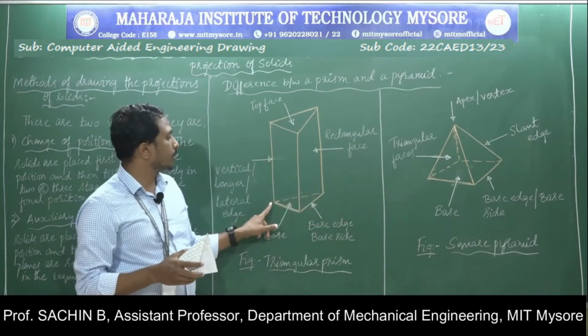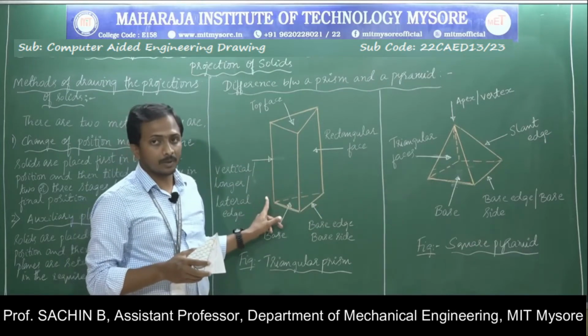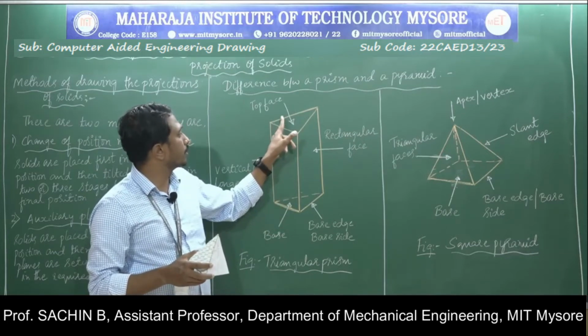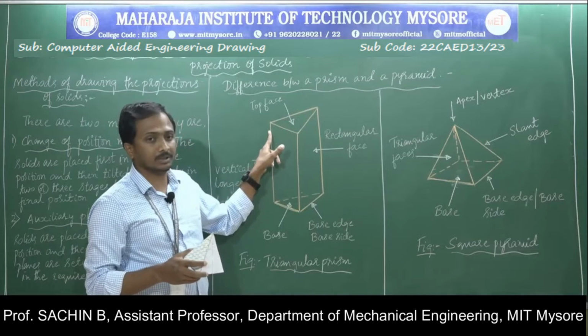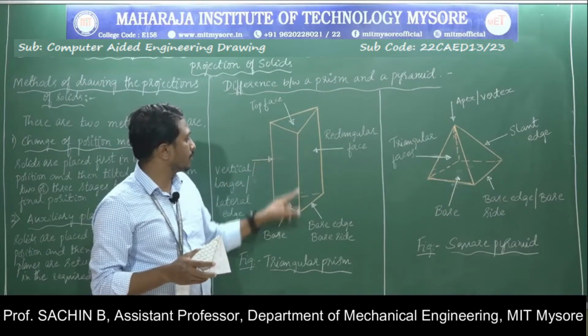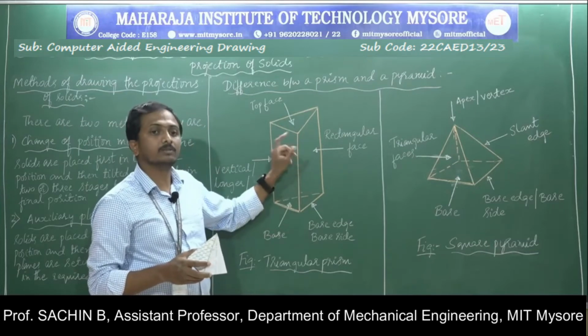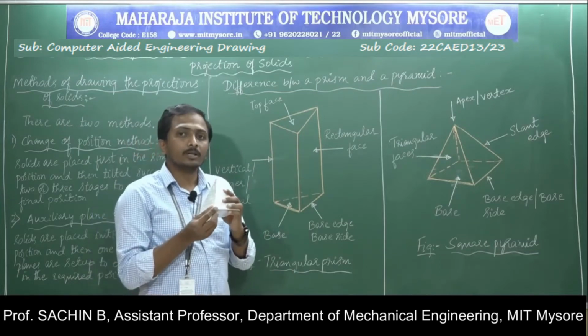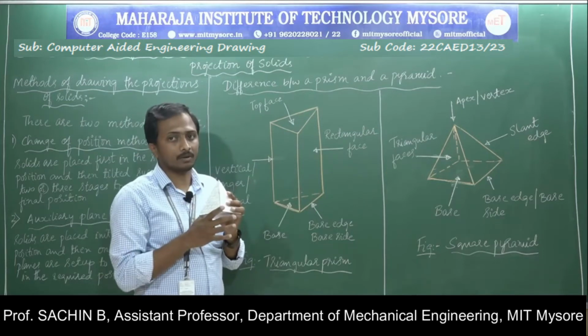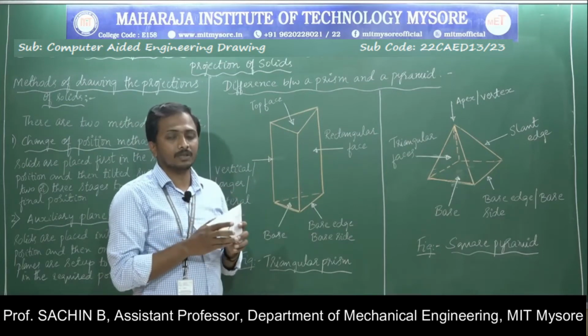To create a corner, 3 edges are necessarily required. You can observe any of the points. This is one of the corners, one more edge here, one more edge here. Again here you can observe 2 edges at the top and one more vertical edge. Means the corner point is the meeting point of 3 edges. That is one of the major differences